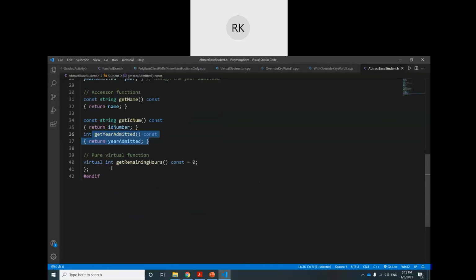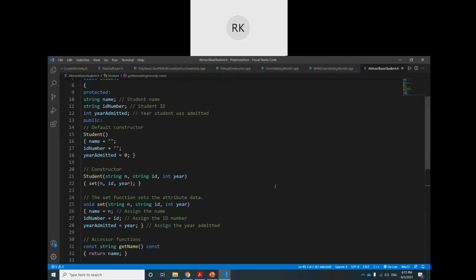You see, this base class has a pure virtual function. If you remember in the previous example, every virtual function we were defining outside the class, there must be a proper definition. This is called only declaration. There must be a proper definition of this function if it is not a pure virtual function. So it is a pure virtual because we make this equal to 0.